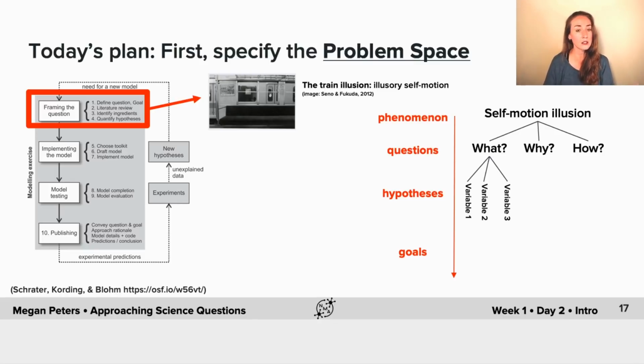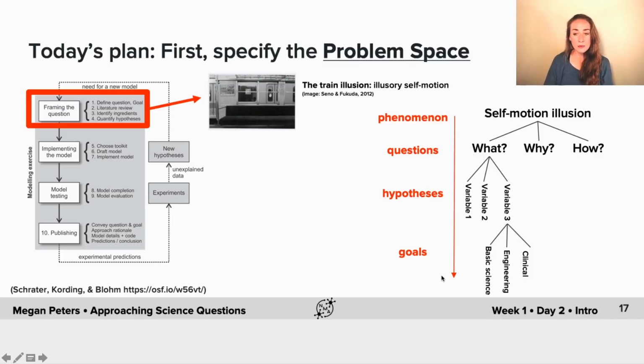So is it a linear relationship? Is it a quadratic relationship? That sort of thing. And then, of course, don't forget about your goals. As we discussed earlier, the goals are really important, and the goals are going to depend on the hypotheses and circle back around. So the goals drive the hypotheses and vice versa.